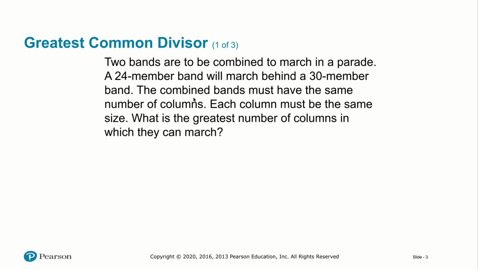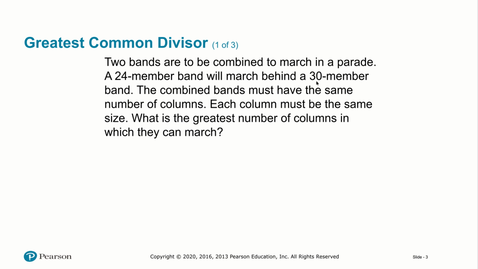So if you think about it, that is going to require us to break both 24 and 30 up in such a way that the same kind of breakup occurs, meaning of the same size, right? So in other words, we're looking for the greatest common divisor of 24 and 30. So that means the largest number that goes into both of them perfectly. And if you think about it, that number is, I'm going to let you think about it, 6, right? So we can break up both 24 and 30